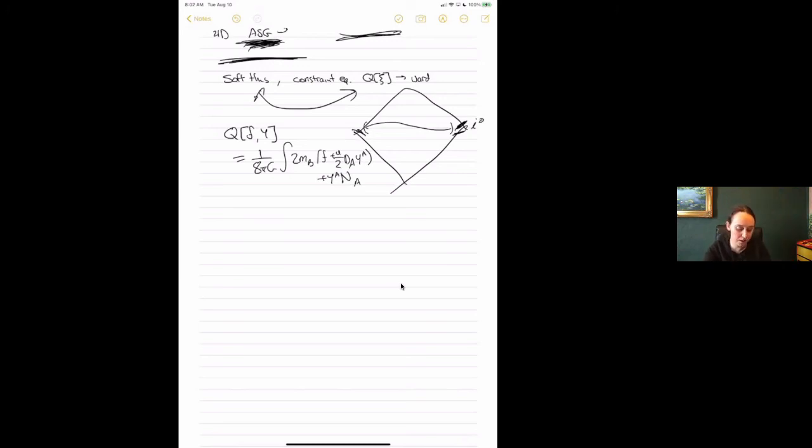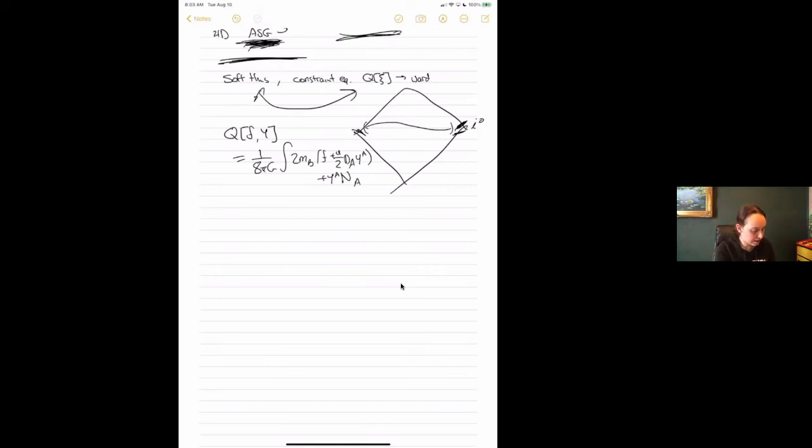So what I'm going to be doing next time is starting from this expression for the charge, where now we know what these M_B and A are. We know what the F and the Y are from the symmetries. And so we also have constraint equations. We're going to basically be plugging in ingredients that we've talked about before with the new ingredient of soft theorems, so that we know how to evaluate essentially the expectation value of the linear terms of the metric that are going to be appearing. So that should be fine.